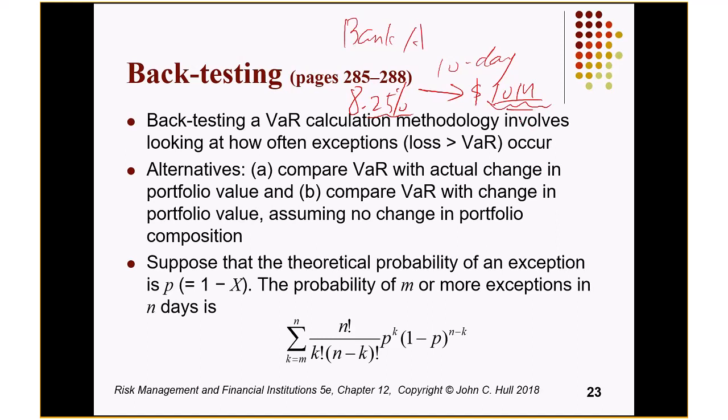If you tell me your 10-day VaR is 10 million, I just want to see, over some previous time period, how many times you lose more than $10 million. Because if you lose more than $10 million a lot, that may tell me that maybe you don't have a good measurement at all. So the back testing is essentially a Bernoulli distribution. What is a Bernoulli distribution? You either violate it or you do not violate it.